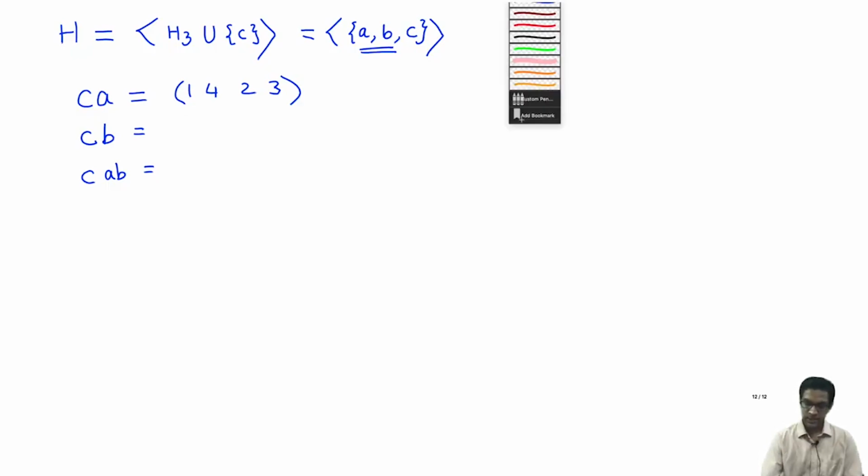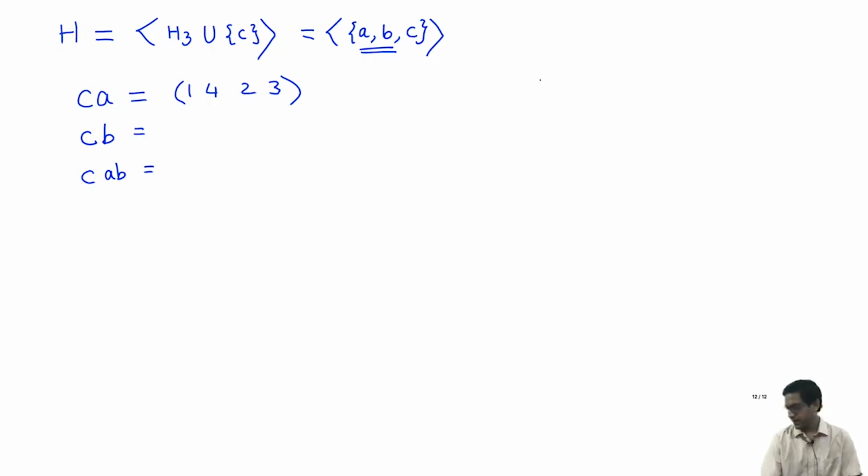Let me just verify that, then I leave the rest for you to check. So what does C into A mean? How does one compute products of permutations? First, this is supposed to be the composition of the 2 maps A and C. Let me write out this A. Here's C, which is again 1 2 3 4. So what does the map A do? CA is supposed to be thought of as the composition of C with A, and a permutation is a bijection here.